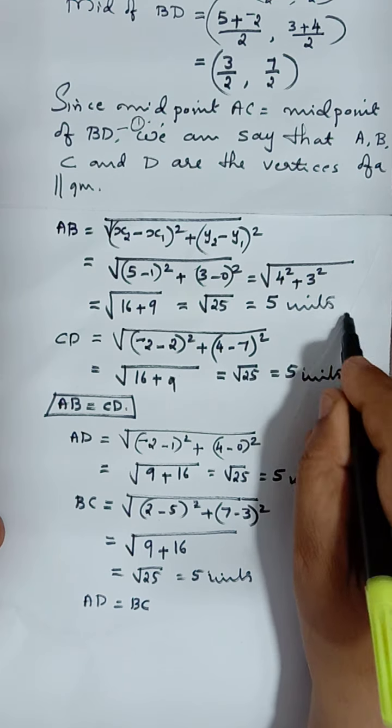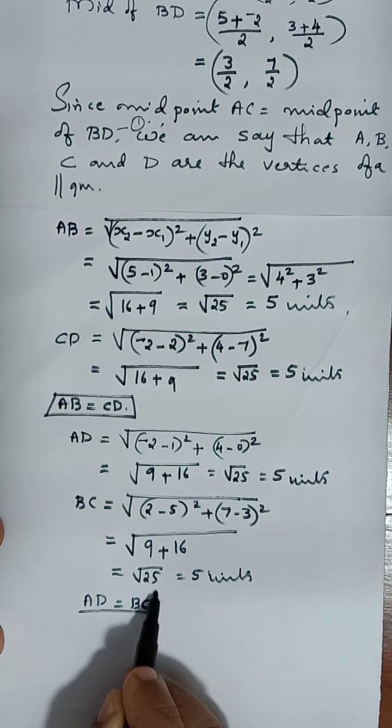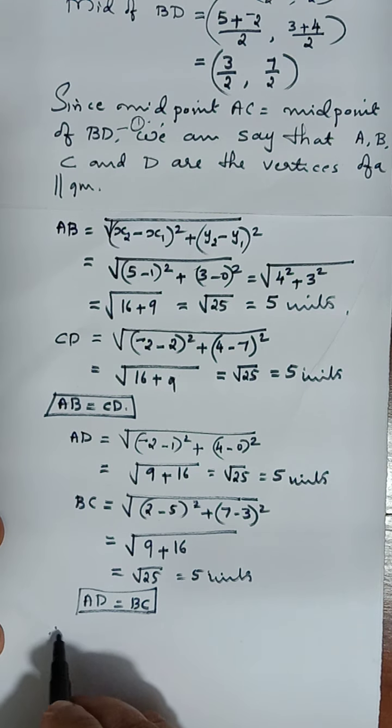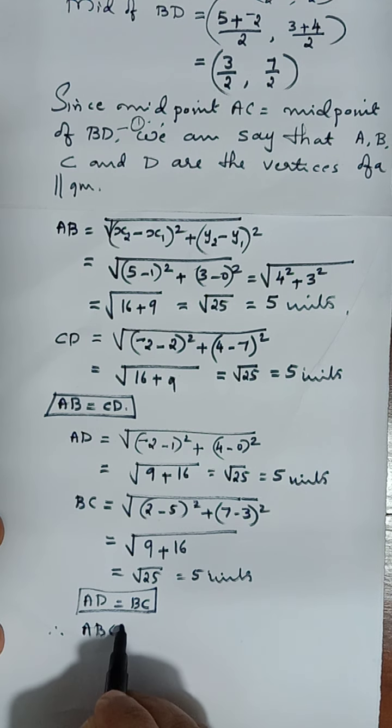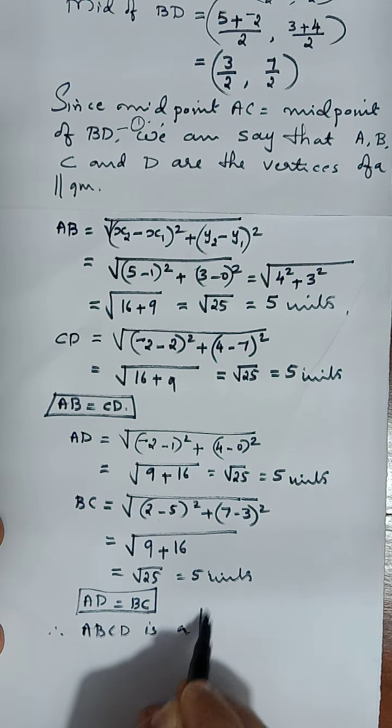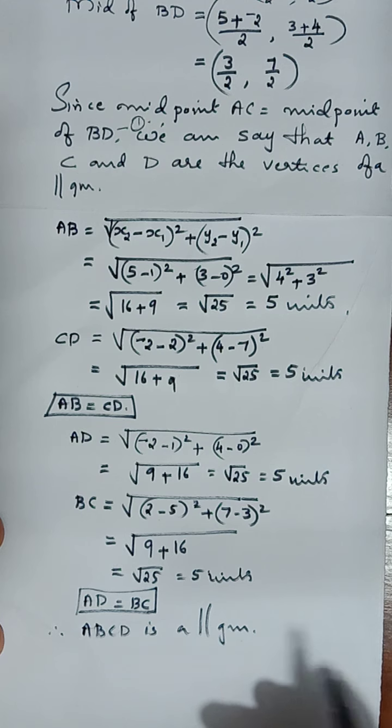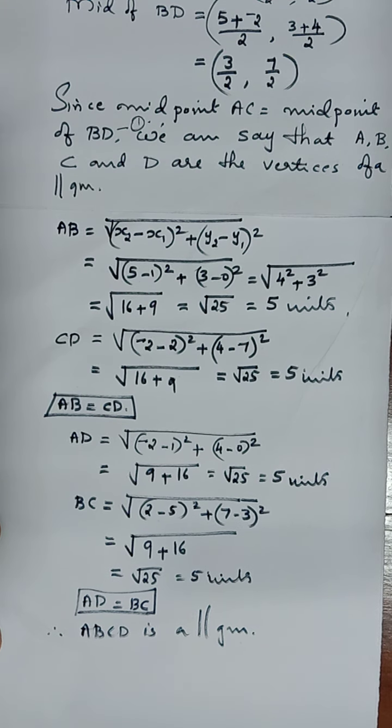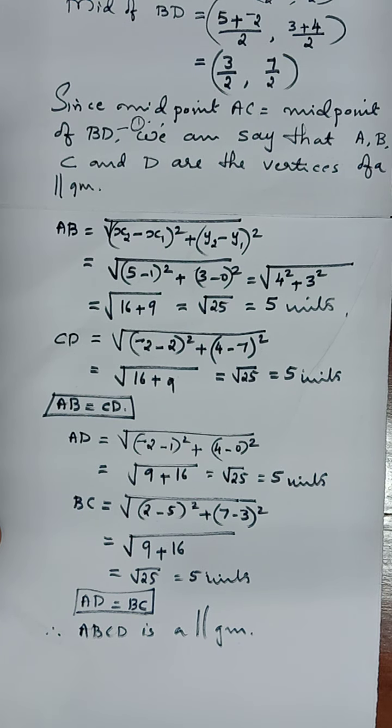Okay, so you will not be losing any mark. So again opposite sides equal. Therefore ABCD is a parallelogram. So these are the 2 points to be proved. First one is just to show that the midpoints of the diagonals are equal. Second point is that opposite sides of the given quadrilateral are equal, so that it will be a parallelogram.